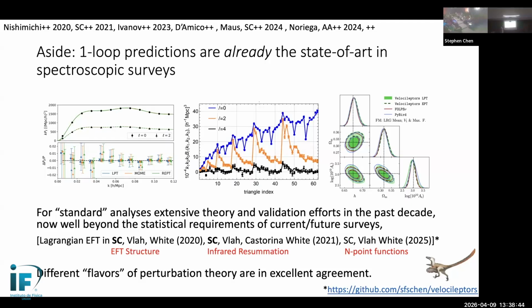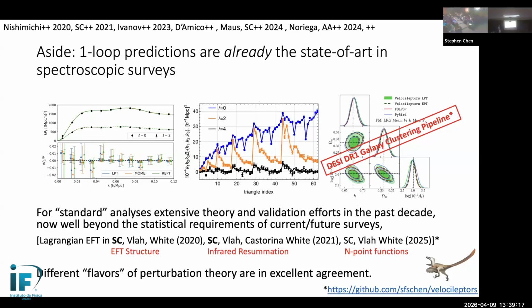And this is not just from the power spectrum, which I'm describing here, it's also from the bispectrum. And for year one of the DESI survey, myself, Alejandro, and students really did these precise comparisons between different codes, including my code, Velocileptors, and Alejandro's code, FOLPS. You can see that we are able to go from these theories to obtain very consistent, precise and well-controlled constraints on cosmological parameters.